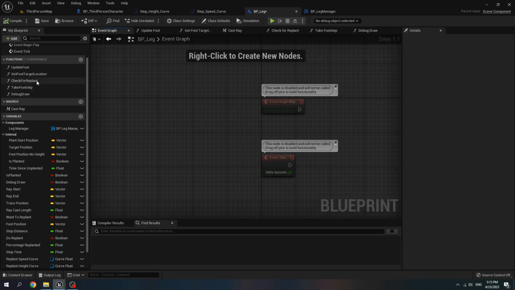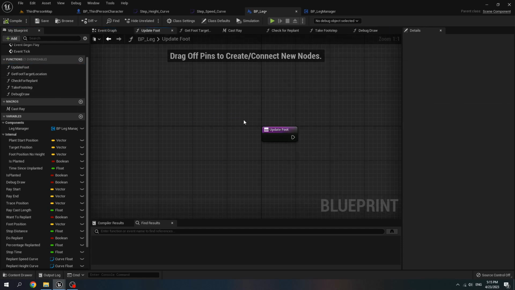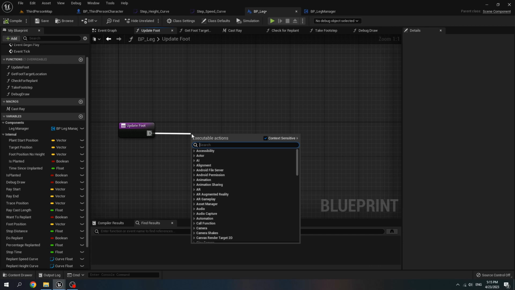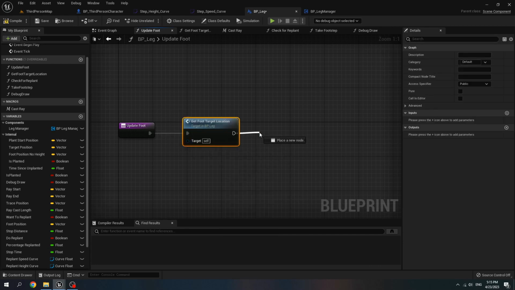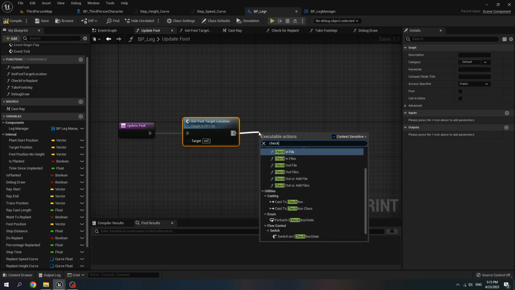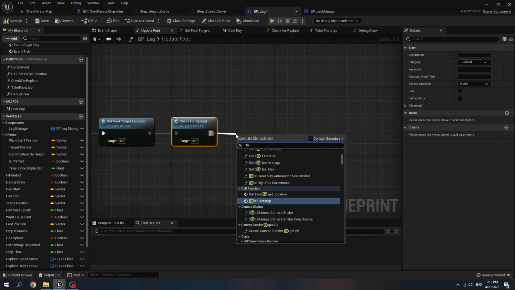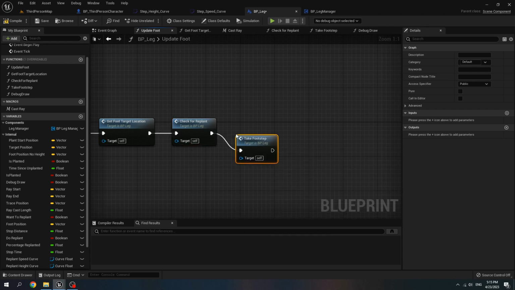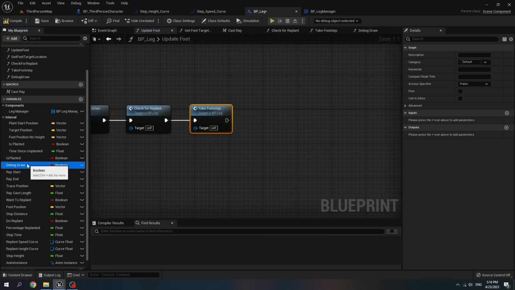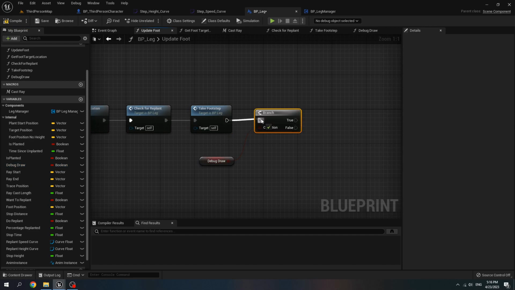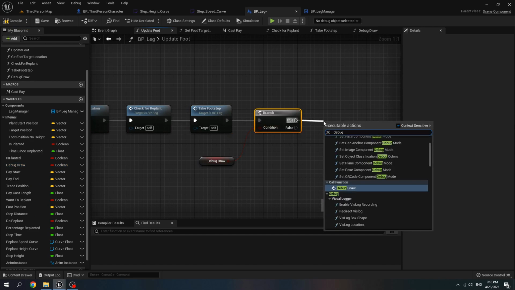Go to update foot function, call get foot target location, then check for replan, take footstep, get debug draw, create a branch, call debug draw.